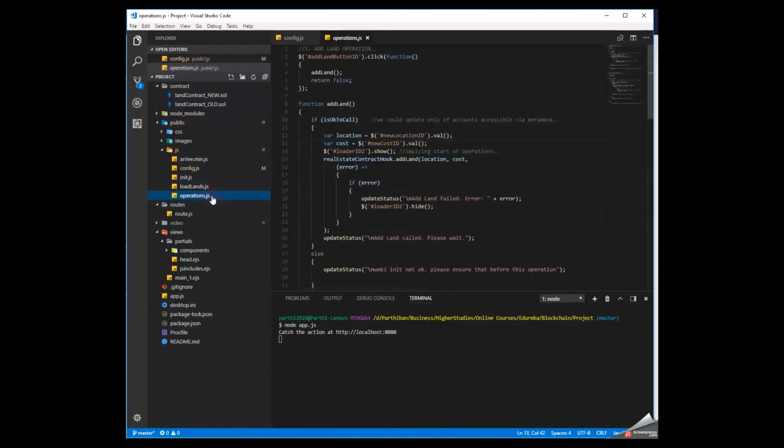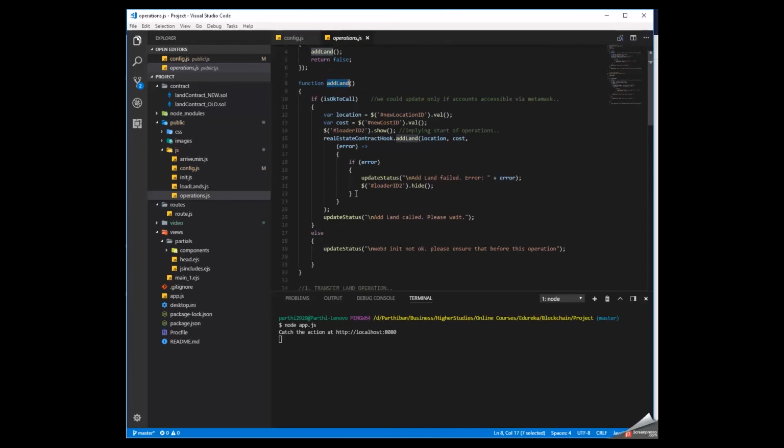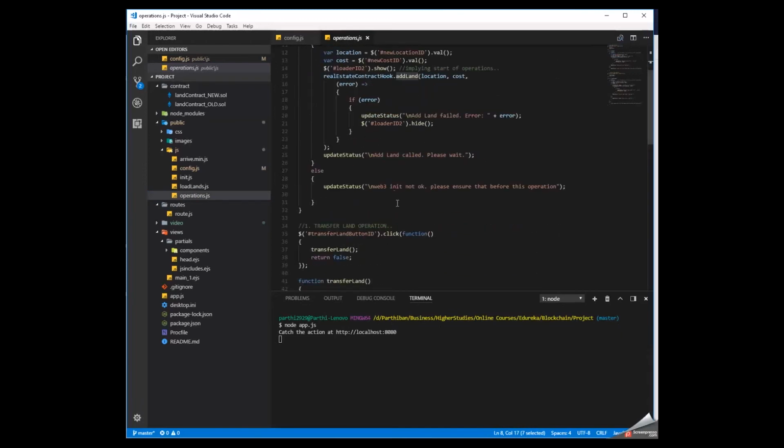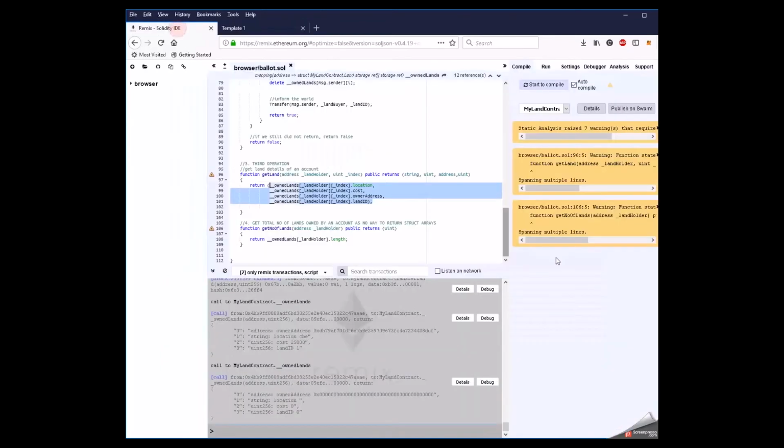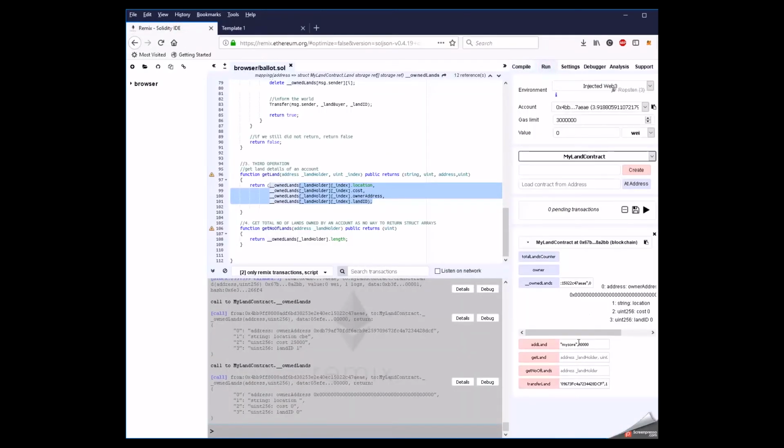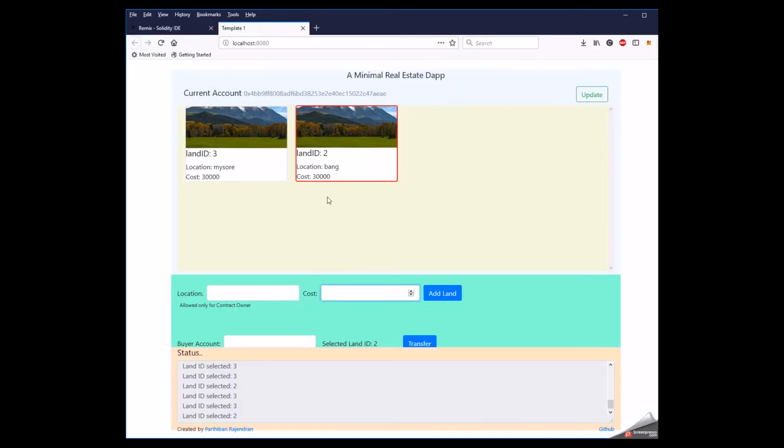Now coming back to the operations part. In the operations part, we are doing two operations. One is add land and another is transfer land. And these two operations will take place only when the user clicks on add land and transfer land. For add land, he has to enter the location and the cost. Just like in Remix, we entered CB, Mysore, 30,000. Likewise, here I'll say Trichy,